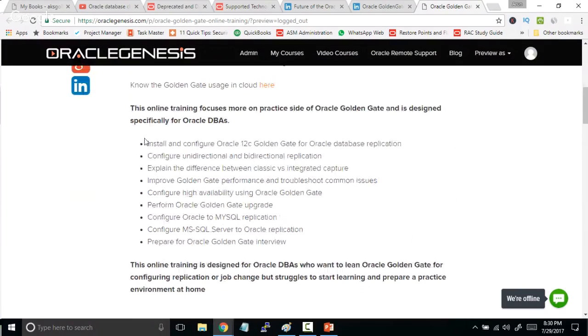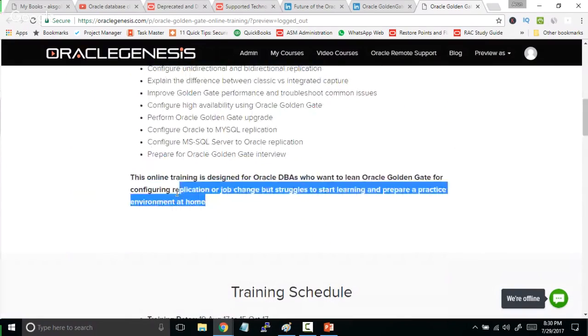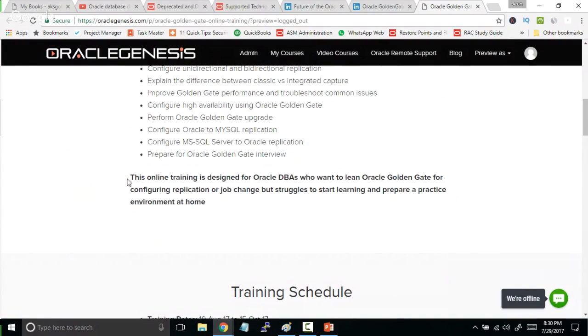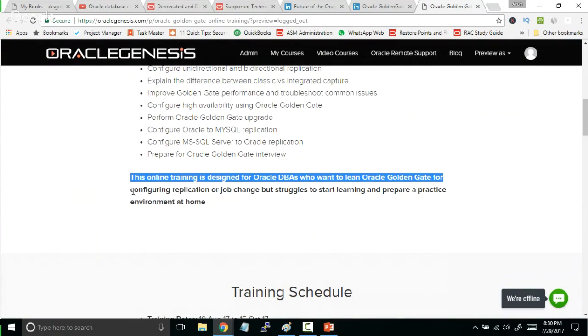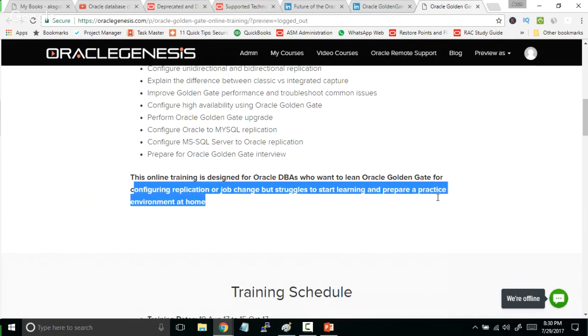So we have key focus areas over here. These are the areas where exactly you will become a master. And the reason why I designed this online training is that it is designed for Oracle DBAs who want to learn Oracle Golden Gate for configuring replication or a job change, but struggle to start learning and prepare a practice environment